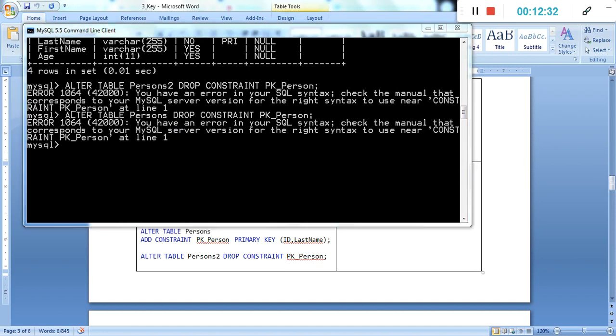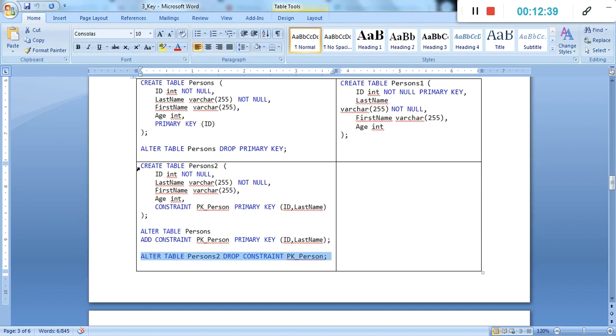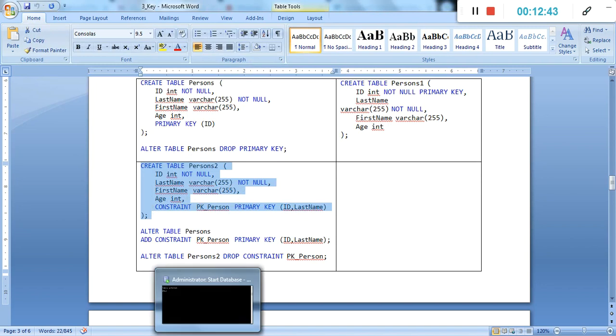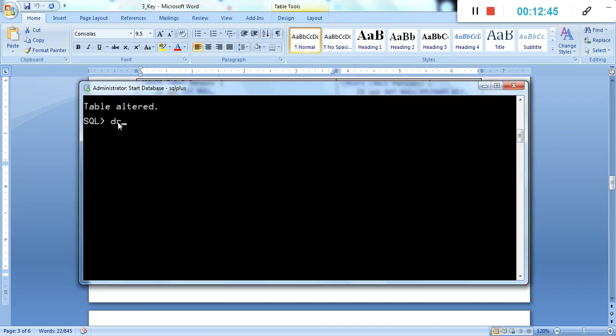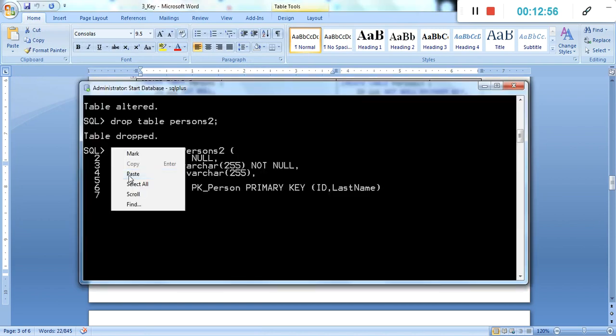Now we will go with PL/SQL. We will just copy the code. The table is already available, so we just do a drop table persons 2. Now we will create the table under PL/SQL.